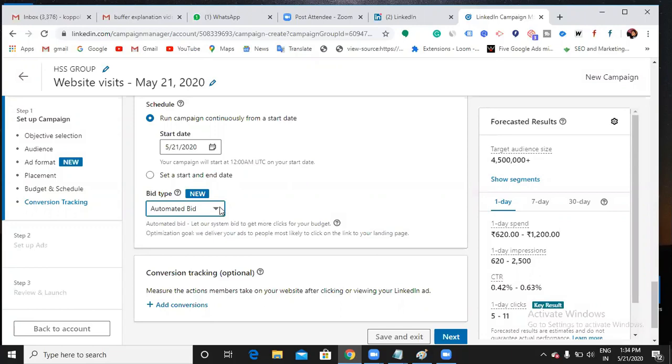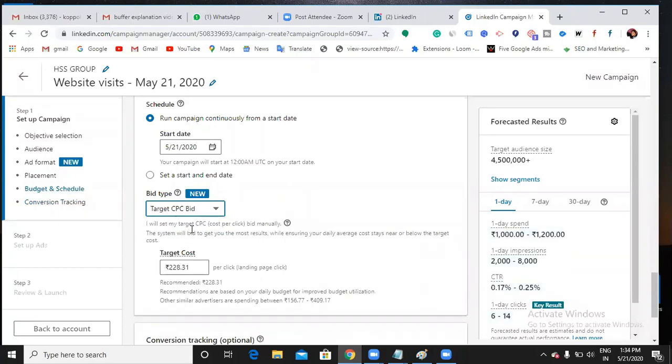The next thing, if you see this dropdown, you have three options, like target CPC bid. What does target CPC bid mean? It is called manual CPC only, where I can mention some amount. That means the LinkedIn system will always try to reach the customers within this cost, so it will not exceed this cost. This is simply manual cost, same like in Google AdWords, we do have a manual CPC, right? What is the use of this manual CPC?